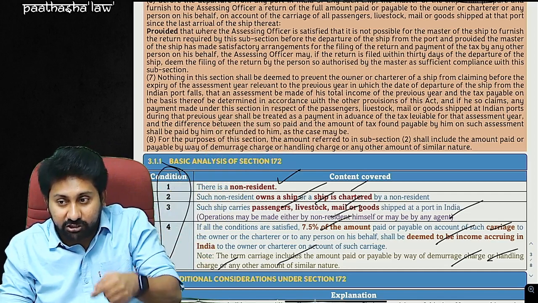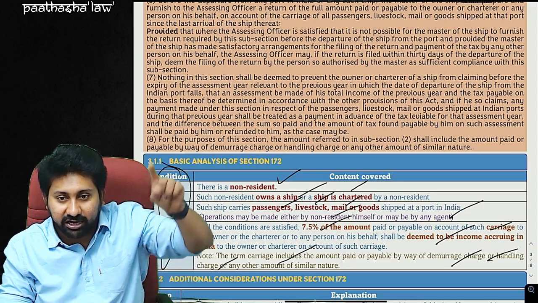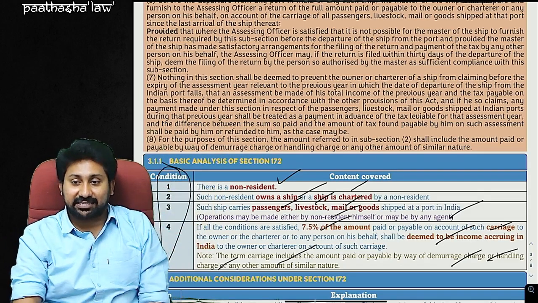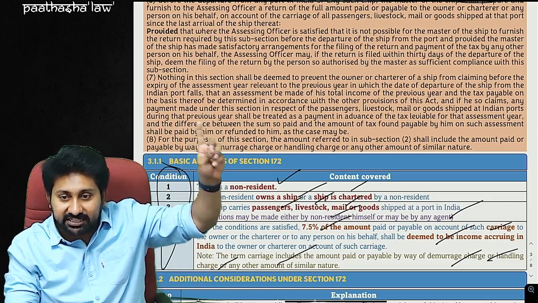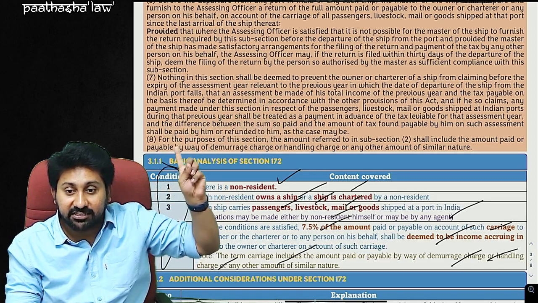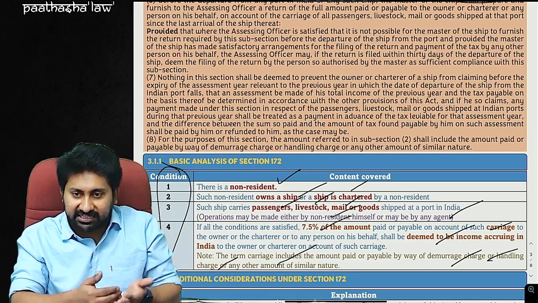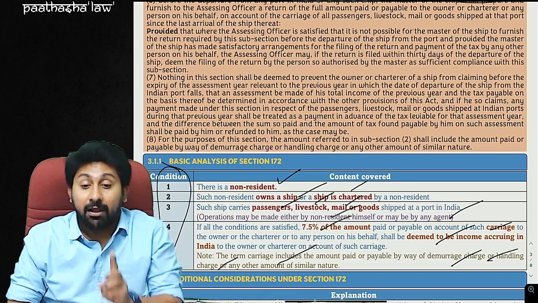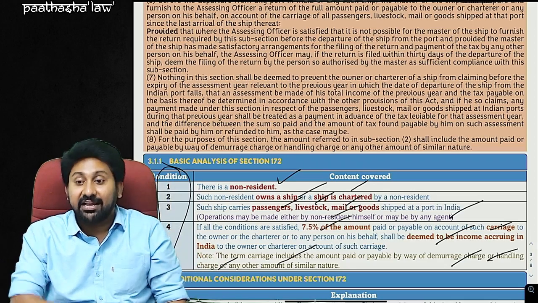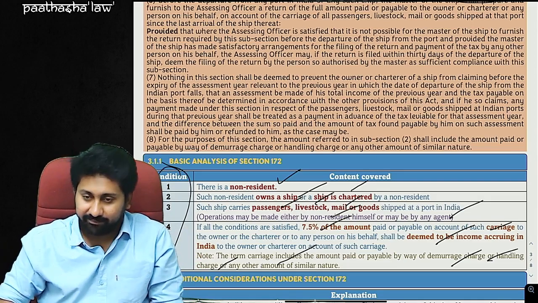And if he claims so, any payment made under this section in respect of passengers, livestock in an Indian port during the previous year shall be treated as a payment of advance tax. If excess is paid, the difference between the sum so paid and the amount of tax found payable on such assessment shall be paid by him or refunded. If excess is there, pay the excess. If less is there, it is refunded back to him. But whether to adopt 44B or not depends on the assessee. That is called tax planning. For that only chartered accountants are there.